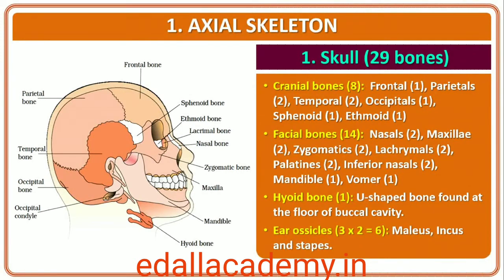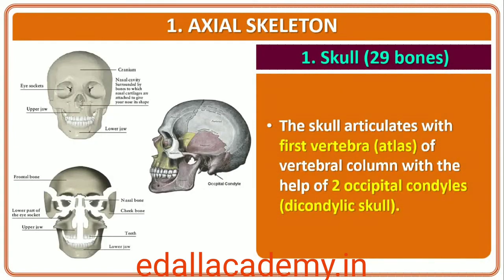A single U-shaped bone called hyoid is present at the base of the buccal cavity, and it is also included in the skull. Each middle ear contains 3 tiny bones: malleus, incus and stapes, collectively called ear ossicles. The skull region articulates with the superior region of the vertebral column with the help of 2 occipital condyles, dicondylic